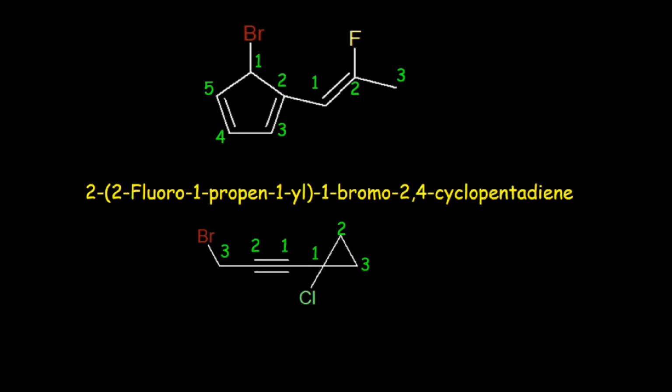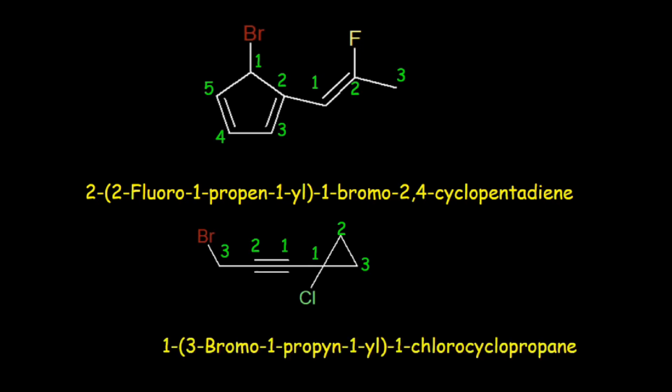So the substituent part would be written as 3-bromo-1-propyne, 1-allyl. Like this, 3-bromo-1-propyne, 1-allyl, and this substituent part is in brackets and is attached at the first carbon of the heading part. And the heading part contains 1 chlorine atom at the first carbon atom. So use 1-chloro, and the ring contains 3 carbon atoms and it is saturated, so use the word cyclopropane. So this was all about the nomenclature of alkyl halides.